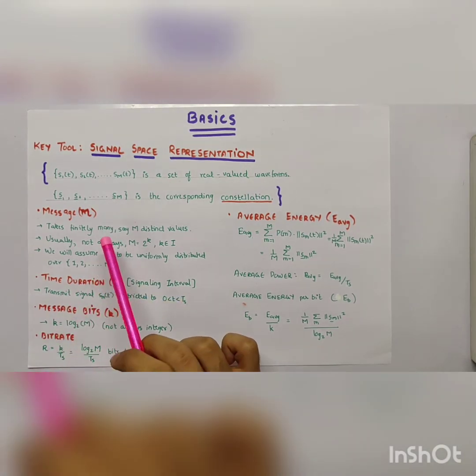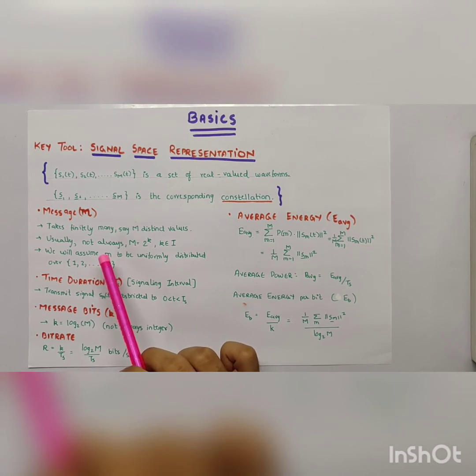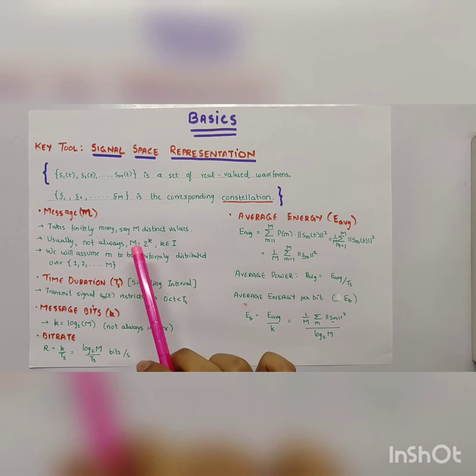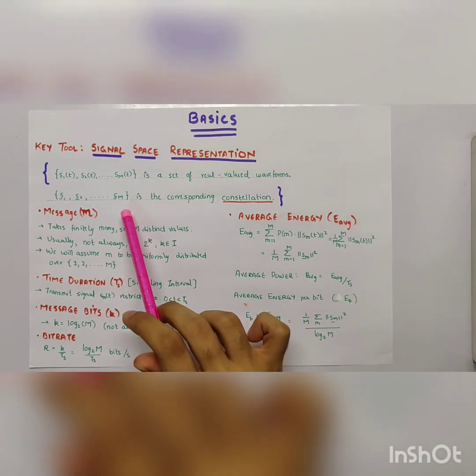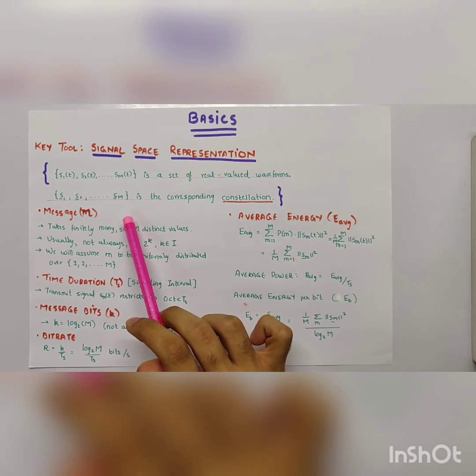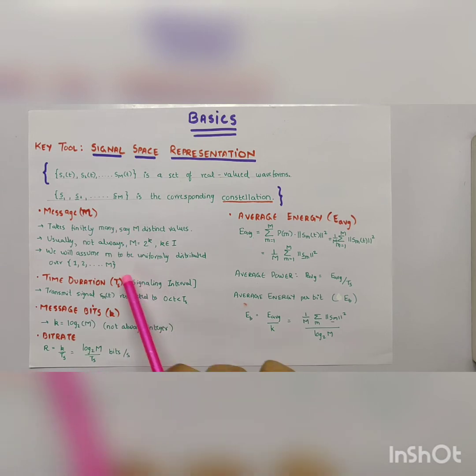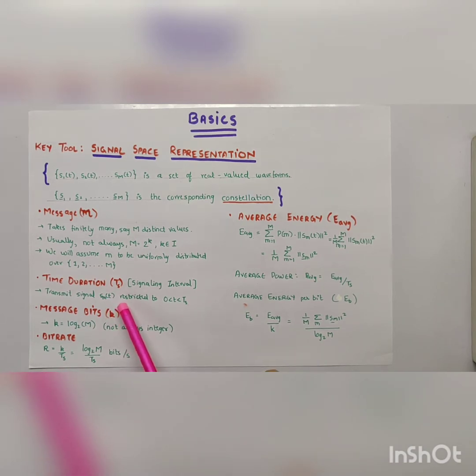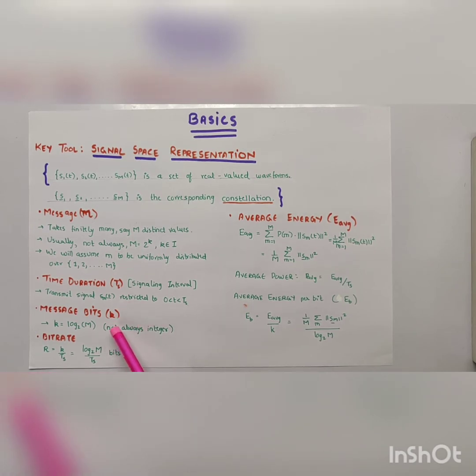These are some of the important and basic parameters in communication theory which we will be using in our presentation as well as the project. A message is what a signal s_m(t) or corresponding vector s_m represents uniquely, and for modulation purposes, the set of symbols from 1 to M will form our message space. Signaling interval is the time duration assigned for transmission of each of the signals. Message bits are the average number of bits required to represent our unique message.